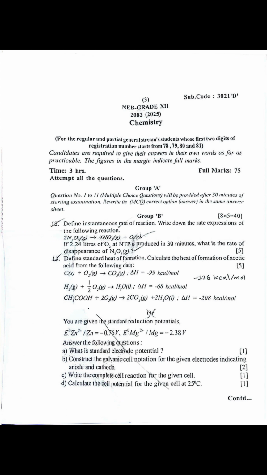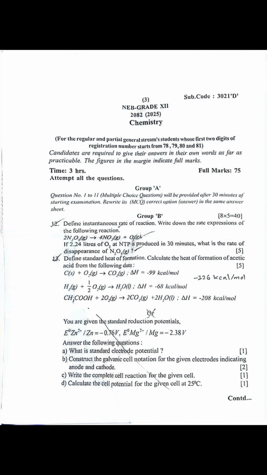Question number 13. Define standard heat of formation. Calculate the heat of formation of acetic acid from the following data. Carbon plus oxygen gives carbon dioxide. Hydrogen plus oxygen gives H2O. CH3COOH plus O2 gives CO2 plus H2O. Or,